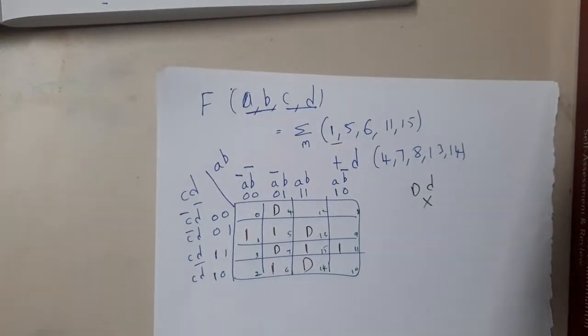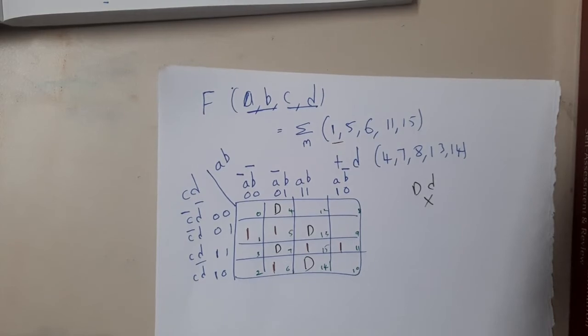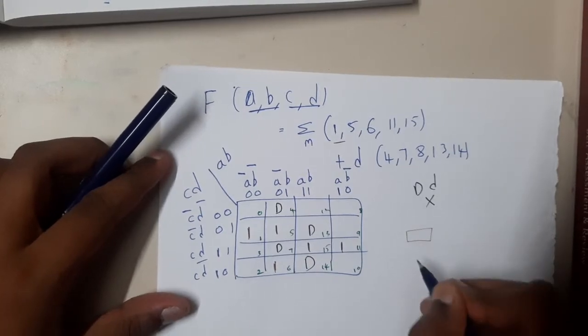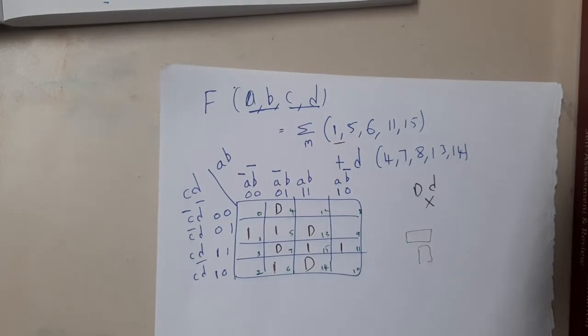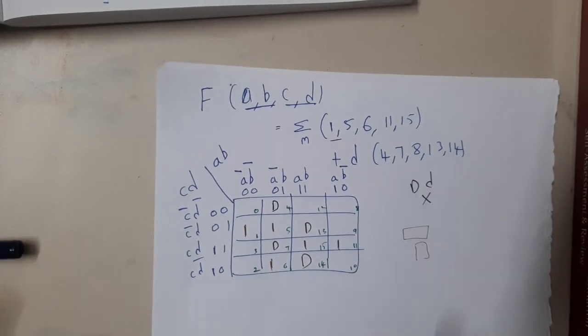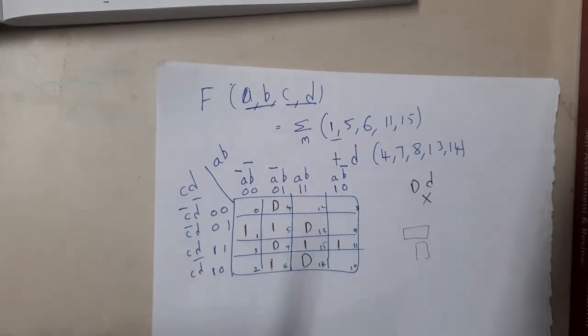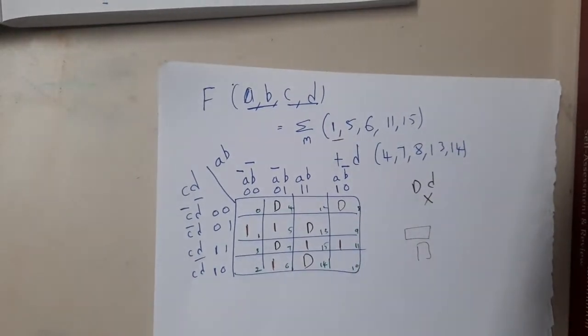So the first thing you need to understand is we need to mandatorily take the ones, guys. Wherever 1 is there, it should be occupied in a particular square or rectangle. Whereas don't cares are not mandatory to take. Whenever you are solving these types of problems, search for the things which are not that valuable. One more thing, I forgot to write don't care at the 8th location. Okay, so now let us continue.